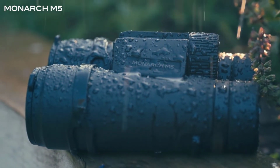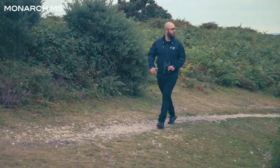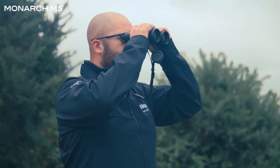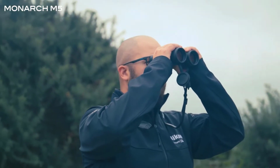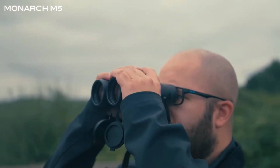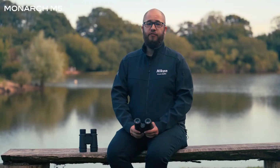That durability, alongside these binoculars being rather lightweight, means that they are going to be comfortable to use over a longer period of time. The MONARCH M5s are going to be a great pair of binoculars for a range of different activities. This could be anything that's related to outdoors, it could be hiking, it could be nature, it could be wildlife. So they are a really good do-it-all pair of binoculars and offer an amazing picture quality for their size and weight. As a wildlife photographer, one of my favorite features of the MONARCH M5 binocular range is that